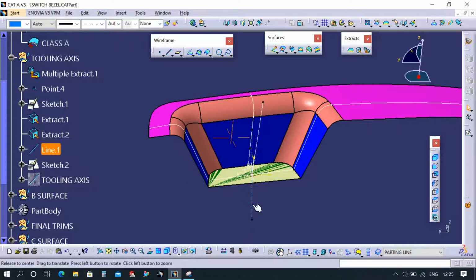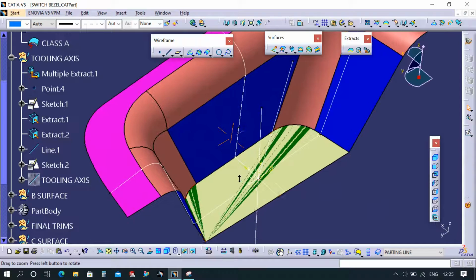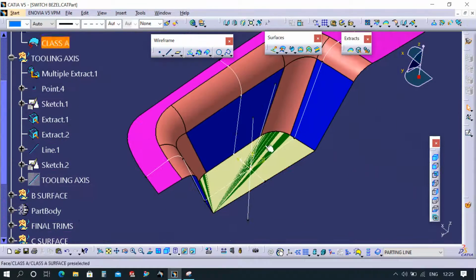Then go to sketch 2. Sketch 2 means the same as I said earlier. You take this XZ plane and this component and intersect them. You will get this profile of the line, and this small line which I'm clicking right now.